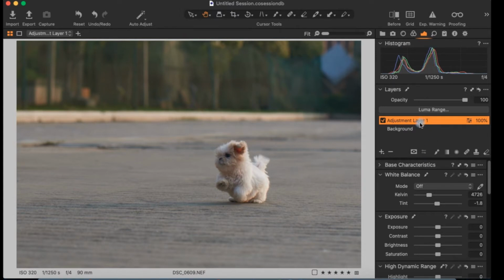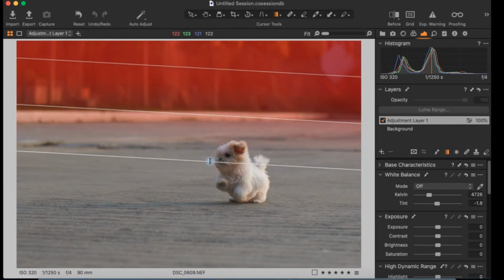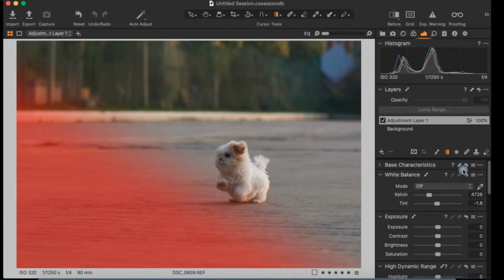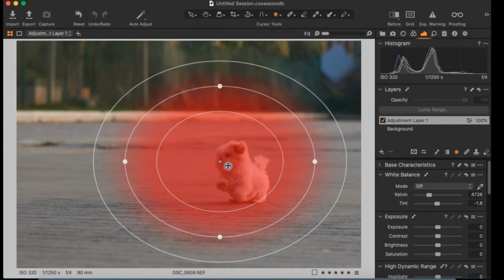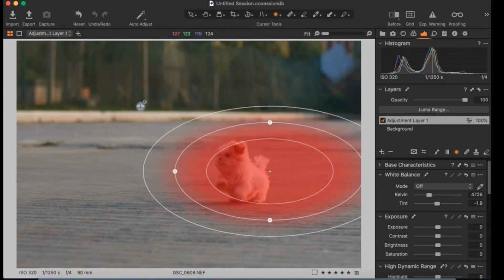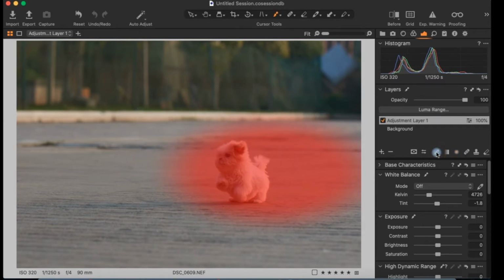Once you have made the empty layer, you have the option of choosing either the paintbrush, where you can draw the mask manually, something like this, or you can use the gradient mask, something like this. So you can apply selectively however you wish, or you can use a circle and apply the mask as you wish. For this demonstration, we are going to focus only on the brush.